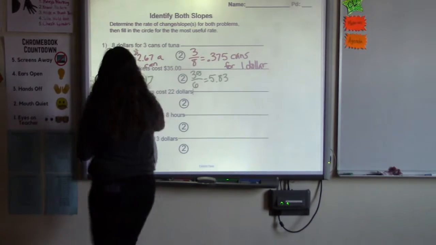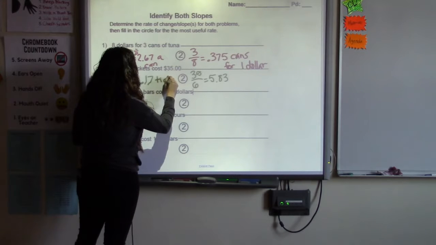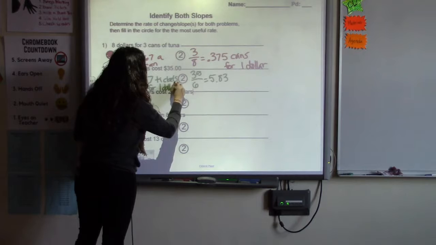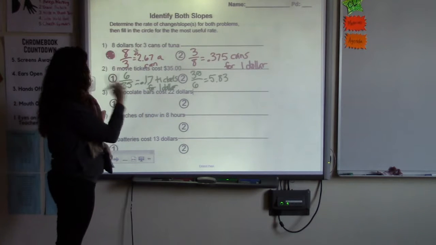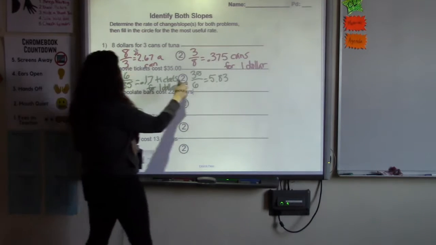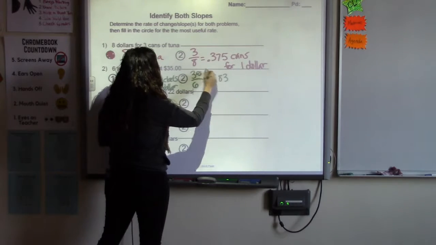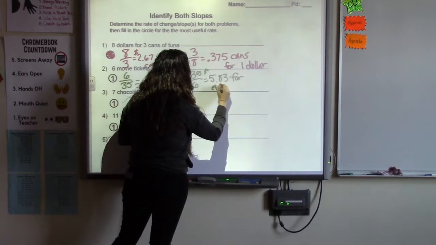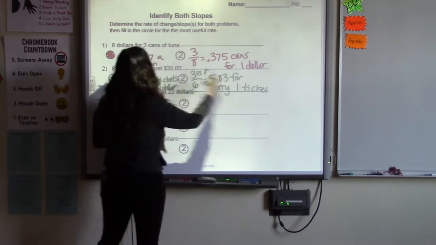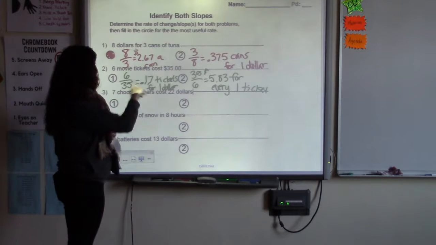So the first one, we did in the order. So 0.17 tickets for $1. Okay. And number 2, because we reversed it, we reversed the units. So $5.83, because this one's money, for every 1 ticket. Okay. You're going to notice a pattern here is that the second term is always 1 for whatever